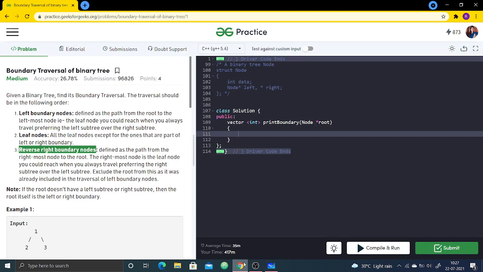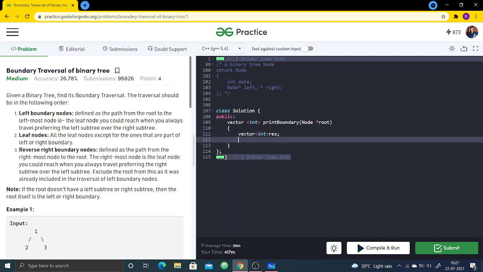Now let us try to write the code. First of all, we want to return a vector, so let us make a vector that we will return. Let's name this vector result.